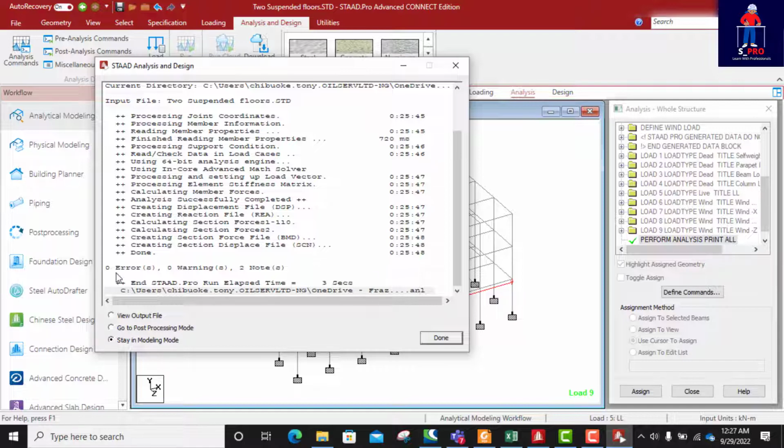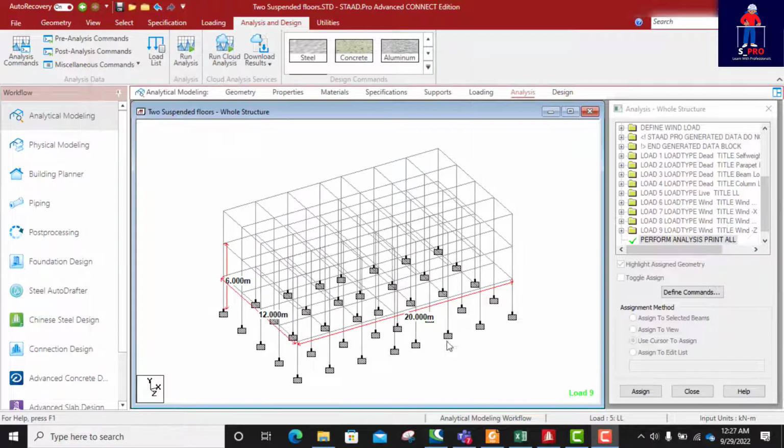So as you can see, you have 0 error, 0 warning. That's a good one. So we can continue with our load combination. That's wonderful. So for load combination, I will come and click